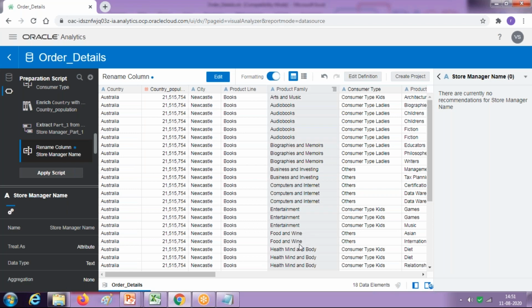All these activities we perform turn out to be a list of steps, and the group of steps is called a script. You can click on apply script. This would be a reusable script. So every time you get data, you can apply the script to the same data. It is going to save you plenty of time. You don't need to massage data all the time. Just bring your data and apply the script. So this is done at the first step. In the next step, I'll use this data for basic and advanced visualization.